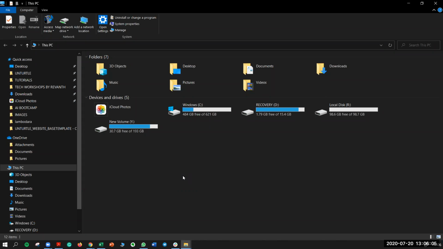So I told you to follow the procedure again. Whatever I'm doing, just do it. Okay. It will work. So here, just right click on an empty space. Just right click here and you will see properties. Click on properties.